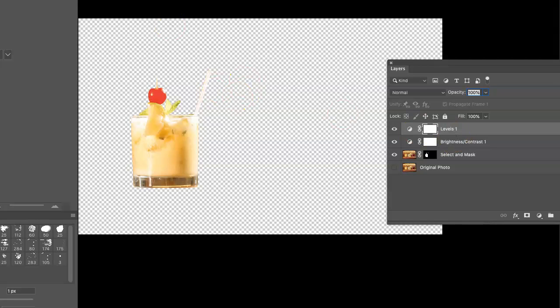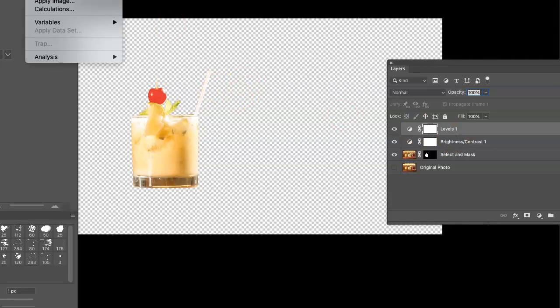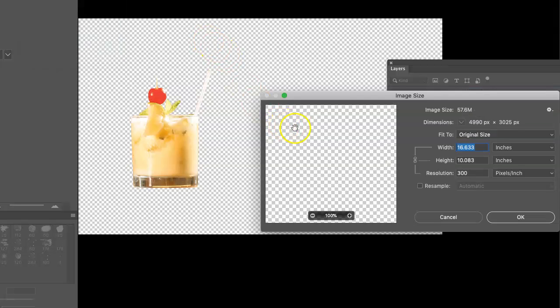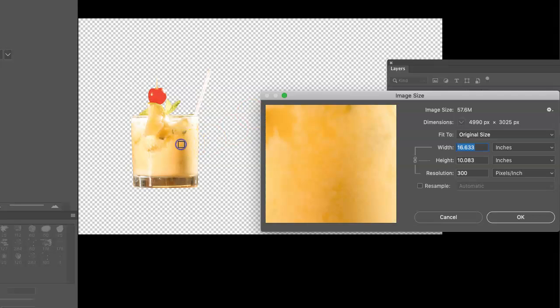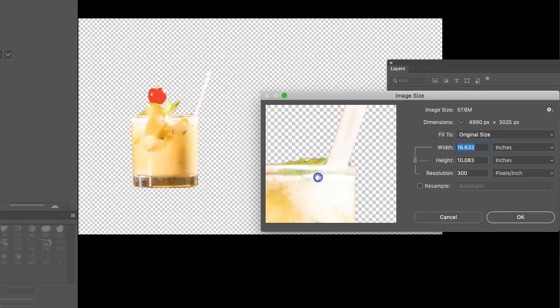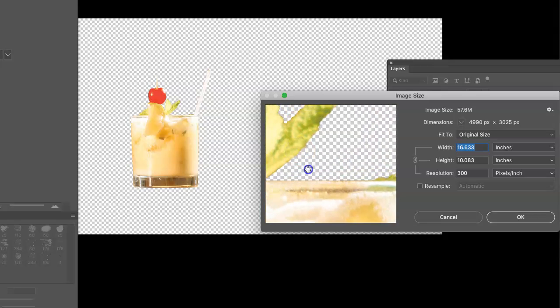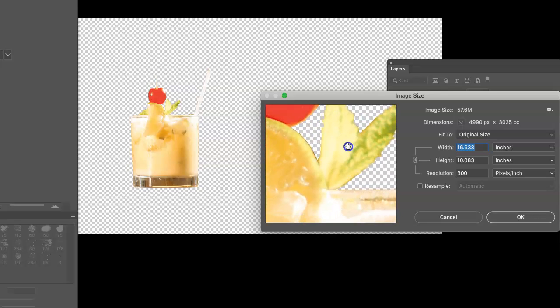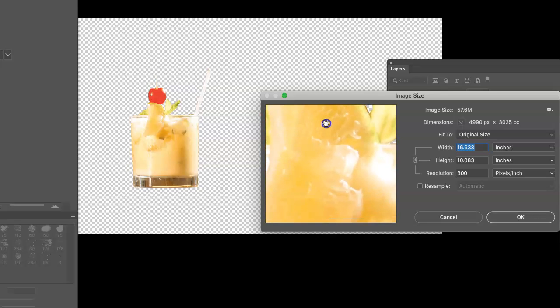Now I'm going to take a look at the image size, and this will tell me how large you can make it. It's quite big. It's 10 by 16 at 300. So you could even make this quite a bit larger. If I scroll around, yeah, it's very detailed. Your mask is nice, very detailed, and these mint leaves make that drink look pretty appetizing. Of course, it probably wouldn't be this large, but again, you could make it the focus of your ad. It has the ample resolution necessary for that.